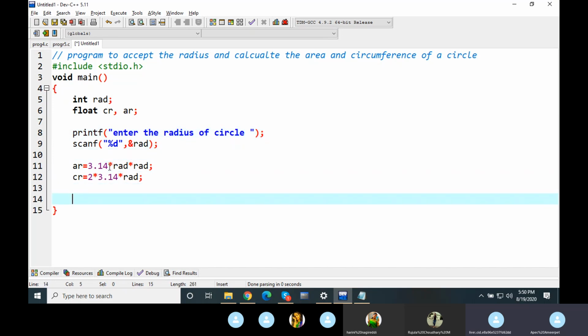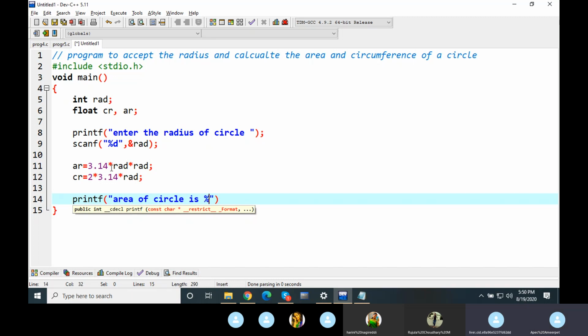Now we have to display the output. Printf, within double quotations, "Area of circle is %f". What symbol?